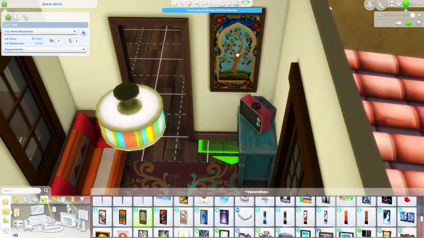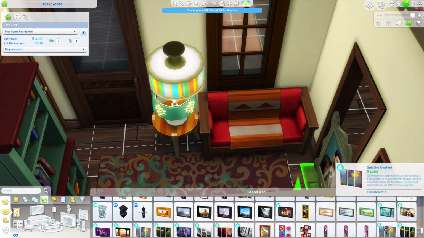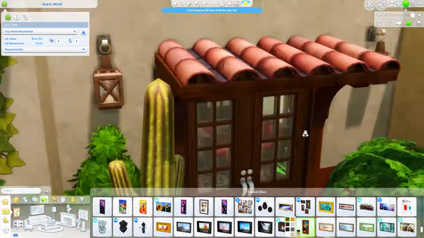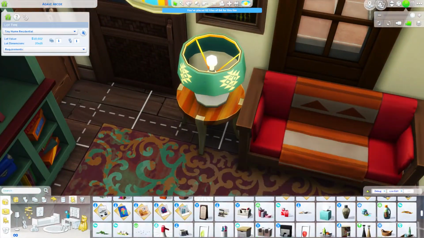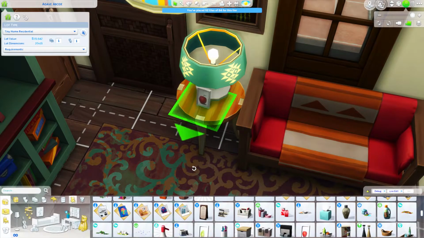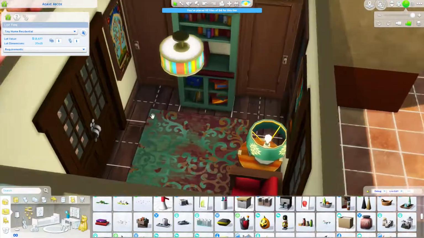This is the small little living room that I was talking about. So it just has a couch with an end table that actually came from Island Living. Now I'm putting different pictures around. I tried to find some pictures with faces